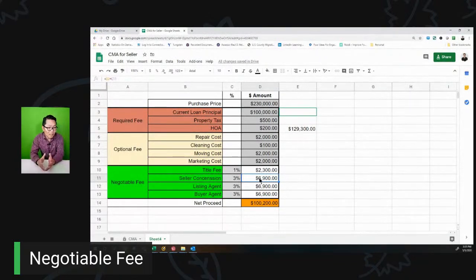But what the buyer could do, and you could talk to your listing agent as well, and recommend to the buyer agent, hey, if you do really need the seller concessions, how about raising the purchase price, right? For example, right here, if you put a purchase price of $237,000, then the seller is most likely to give up $7,000. Because at the end of the day, minus the concession, right? They still have